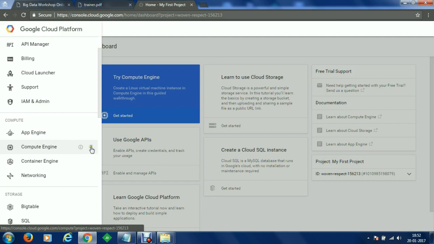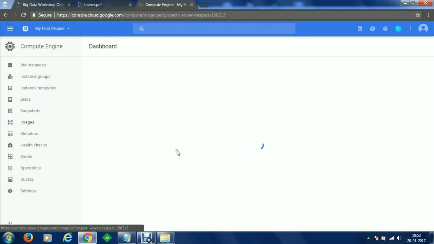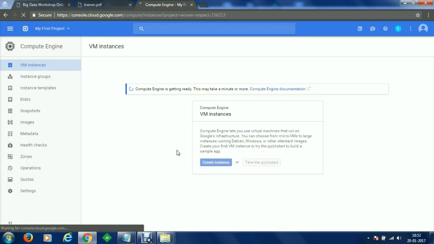Here we can dock the Compute Engine so that we can quickly use it as soon as we want. So at the top right corner your Compute Engine will be docked and you can access it easily and quickly. Let's get started with Compute Engine, wherein we are going to create the instances. This part of creating instances will be covered in the next part of this video. Thank you for watching.